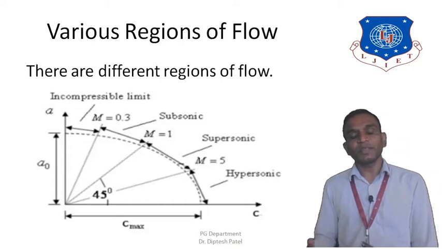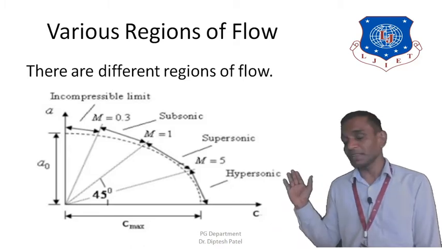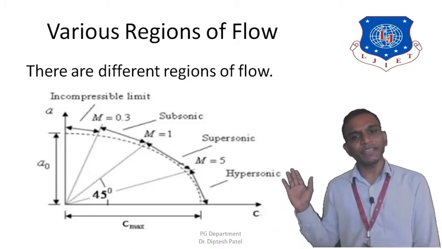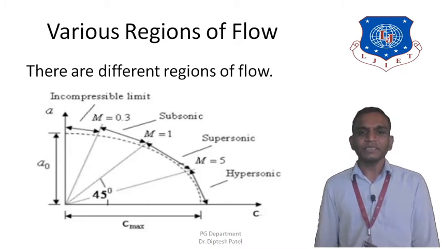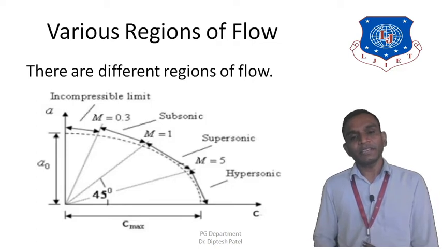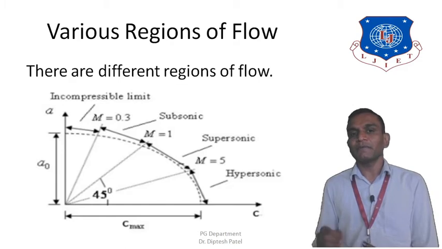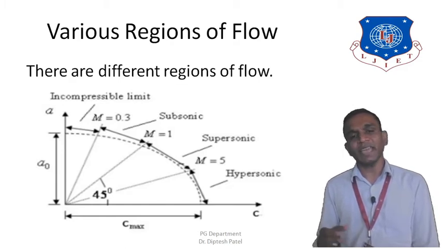So in subsonic flow, the fluid velocity is less as compared to the velocity of sound, and therefore the Mach number is below unity. So it should be below 0.88. Next one is the sonic flow region. In sonic flow regions, the velocity of fluid is equal to the velocity of sound, and therefore the Mach number is unity, and we can write that the Mach number for the sonic flow region is always unity, and it should be written as M is equal to 1.